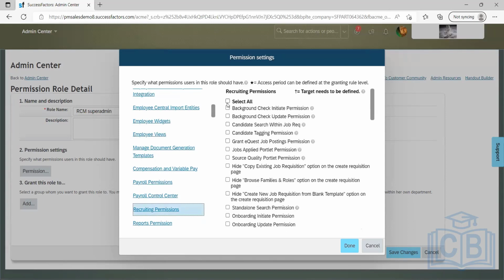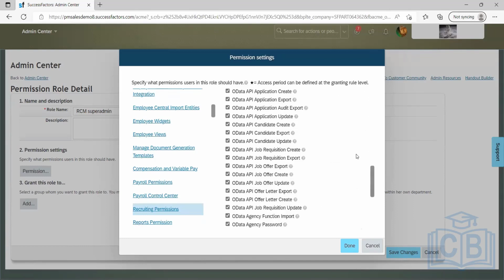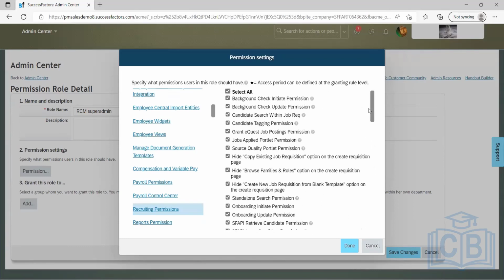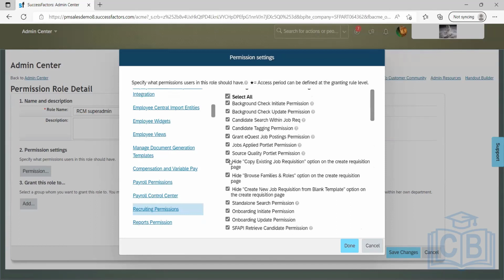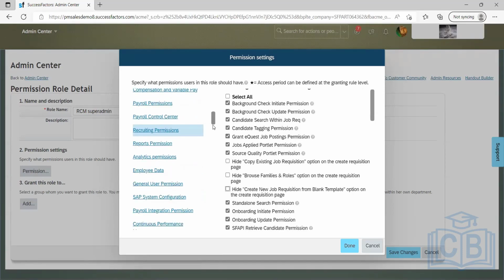Basically, since you are a super admin, you need to enable everything. You can just go ahead and enable everything, whatever you see, because most of the configuration you are doing. Make sure you disable these three, because it actually says hide. Since you need all this access, you have to disable this. You don't want it to be hidden, right? You want all these things. Normally we make this mistake, so just make sure you select that, unselect it, and then